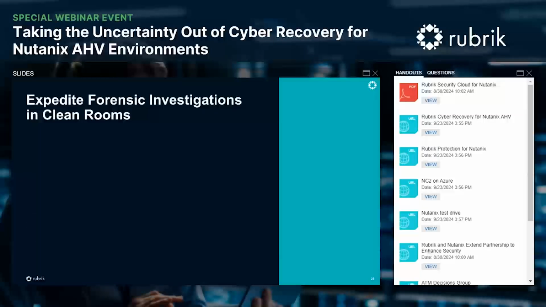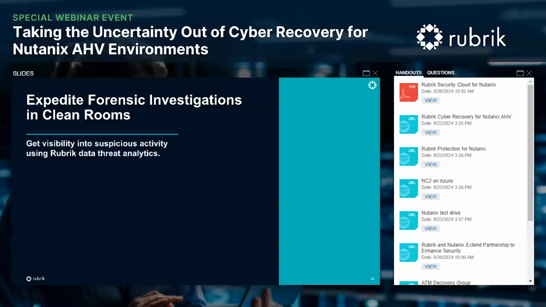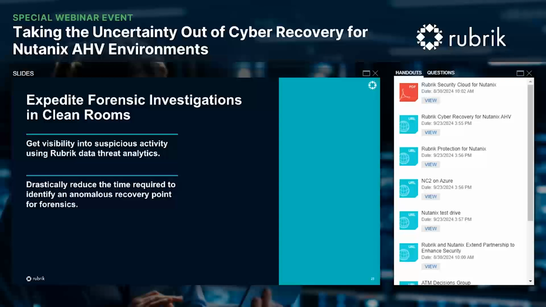Today, many organizations still rely on manual, complex processes to build sandboxes for cyber readiness testing, or worse, they perform these tests directly in their production environments. This often leads to increased downtime and leaves vulnerabilities insufficiently tested. With Rubrik Cyber Recovery, you can get visibility into suspicious activity using Rubrik's data threat analytics. This drastically reduces the time it takes to identify the right recovery point for forensic investigations, so you're not wasting